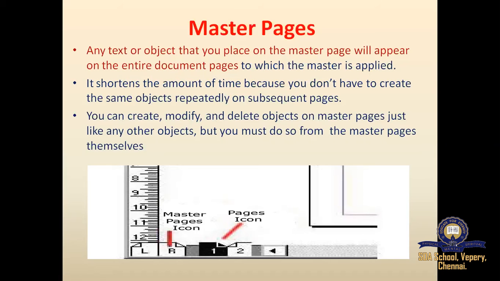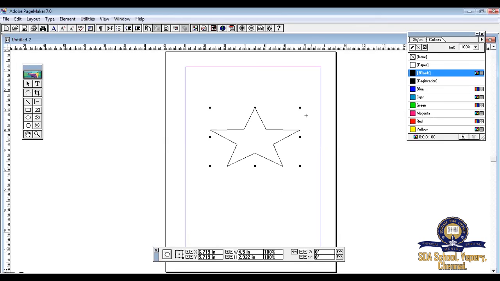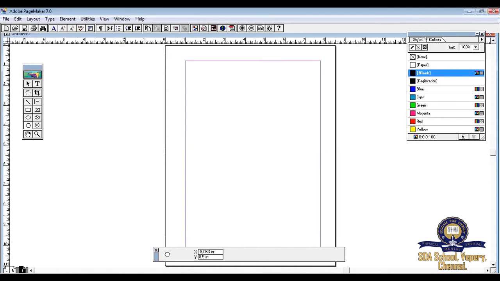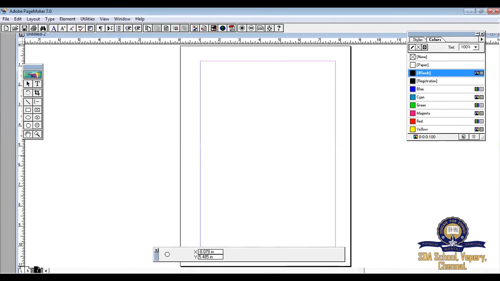Now go to your Adobe PageMaker window. Right? Now delete your polygon symbol. At the bottom, I think you're able to see here, we can see this LR. This is your master page icon. Click on the master page icon.